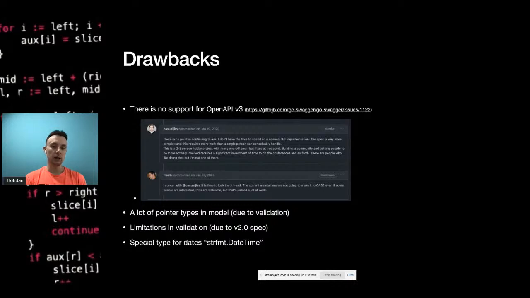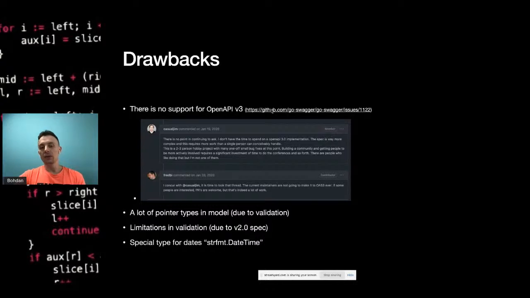Next one is limitations in validation on the v2 spec. And of course, the custom types, right? In order to support some parts of validation, you will have to use some tricky datetime objects, which are in the strfmt package.